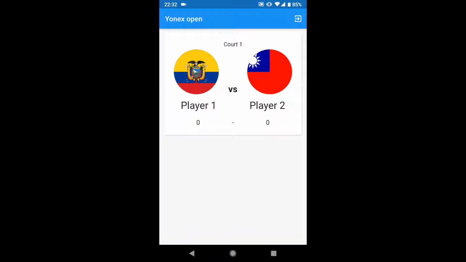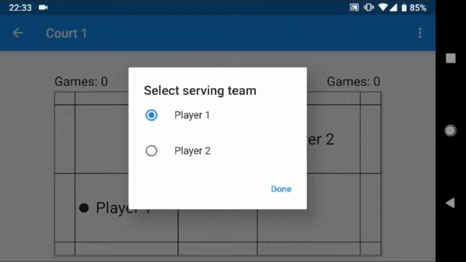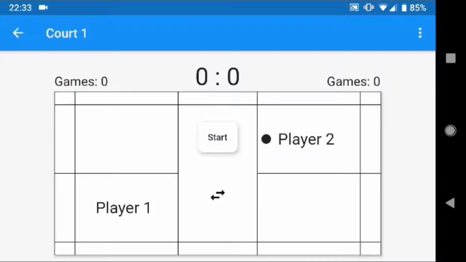And as you can see, we only have 1 court at the moment, but any other courts that we might have would show up here. So I will simply press on the court number 1, to go into the game. And here I'm prompted with selecting the serving team, and I can just press between. Let's say that player 2 has chosen to serve,